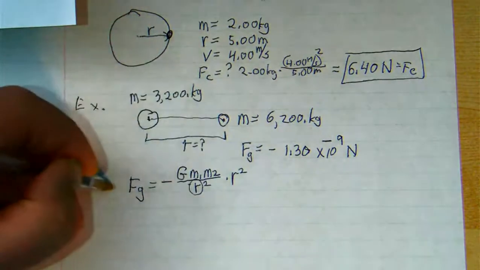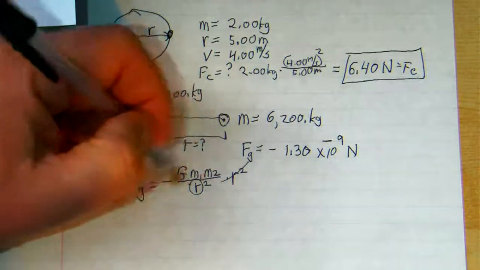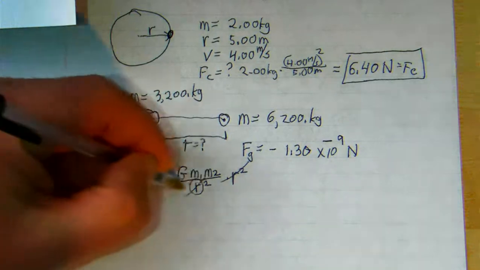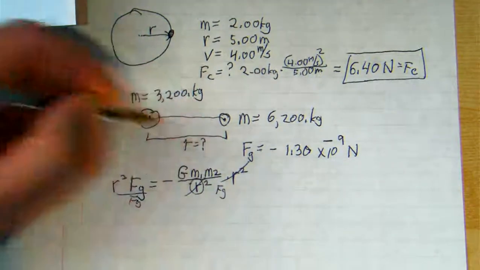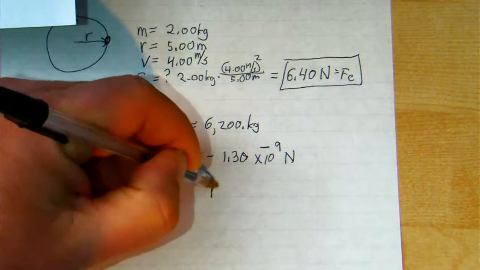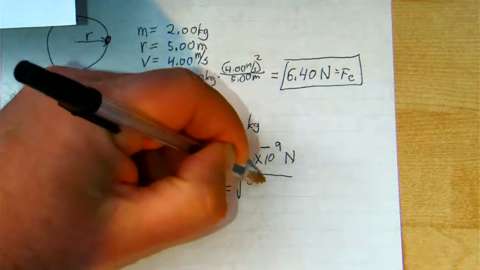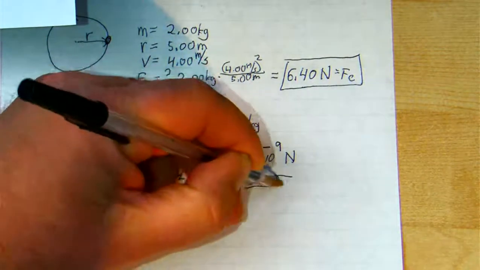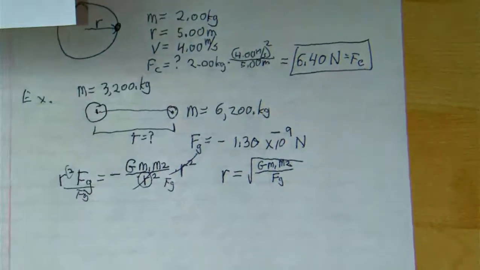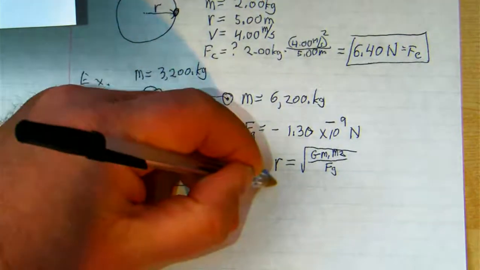And doing it slowly, I would first multiply both sides by r squared, and then I would divide both sides by the force. And finally, I would have to take the square root of both sides. That means r will be the square root of G m1 m2 divided by the force of gravity acting between those two objects. So the numbers that I'm going to plug in are the square root of